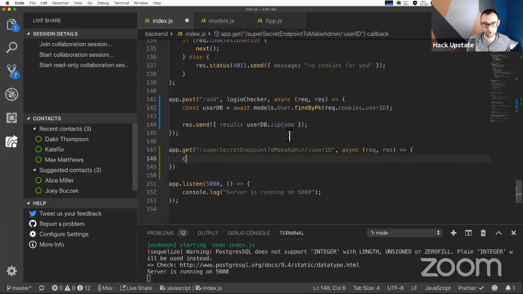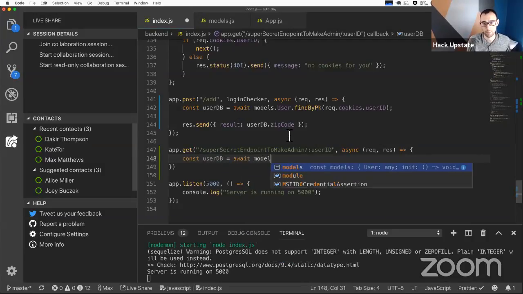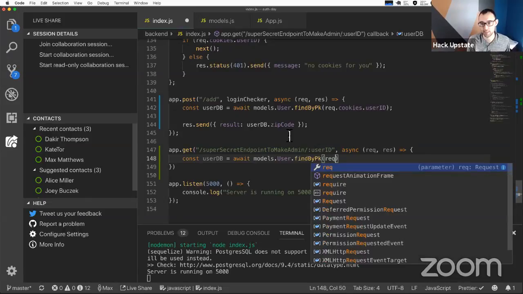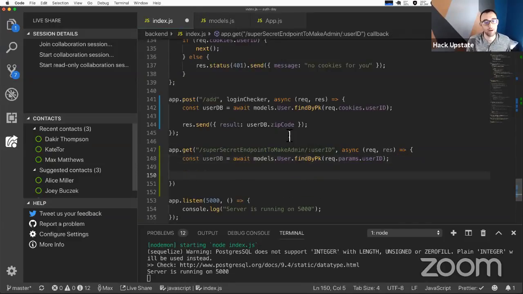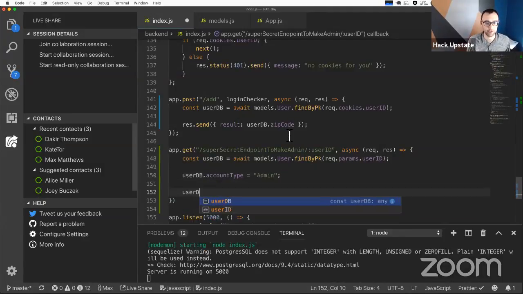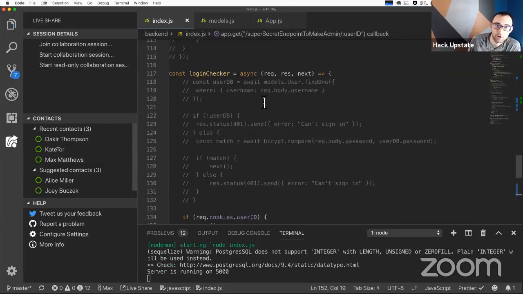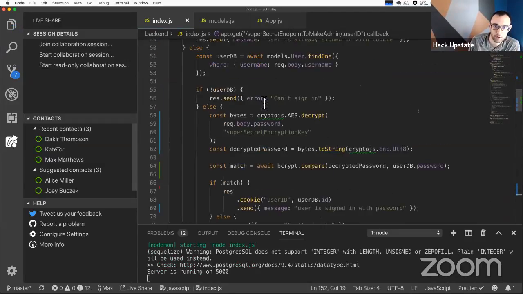And what we are going to do is const userdb equals await models.user.findByPk, and we are going to use the req.params.user_id that gets passed in. And we are going to say userdb.accountType is going to be equal to admin, and then userdb.save. The other thing we are going to do is go up to our create account endpoint,